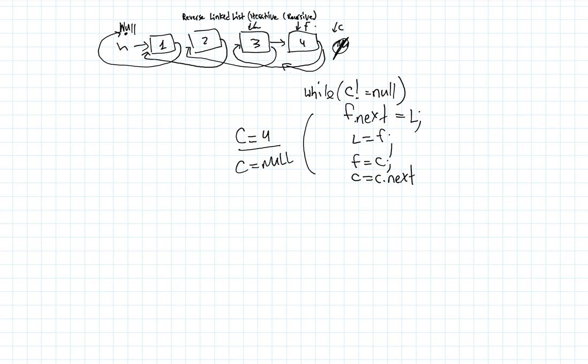If C would stay here, then 4 would still be pointing to this one and the loop will finish. We don't need this. That's why, to make our last iteration become C null, we are changing this while loop to C.next not equal to null. In this case,